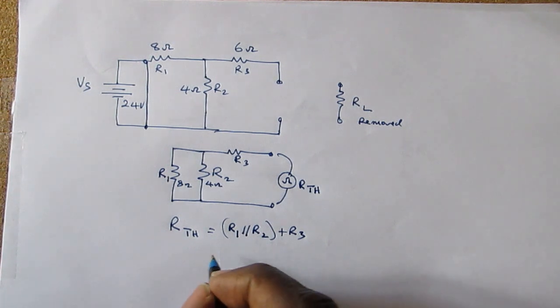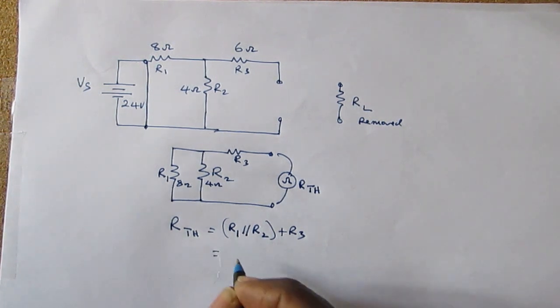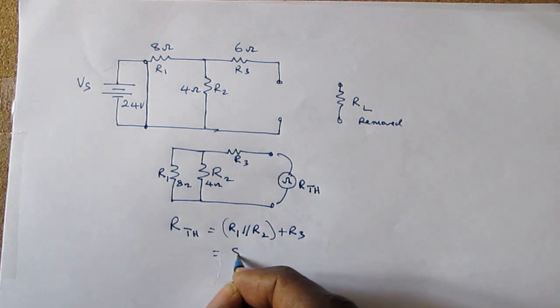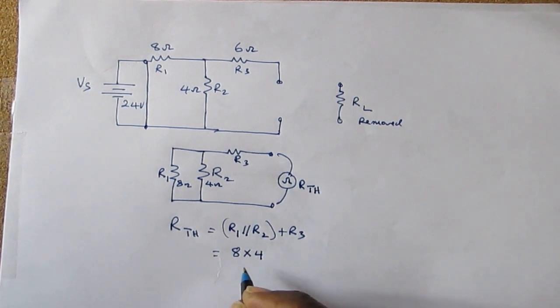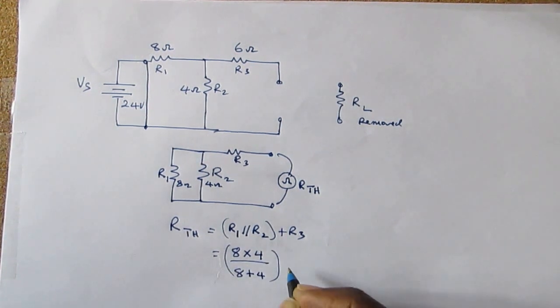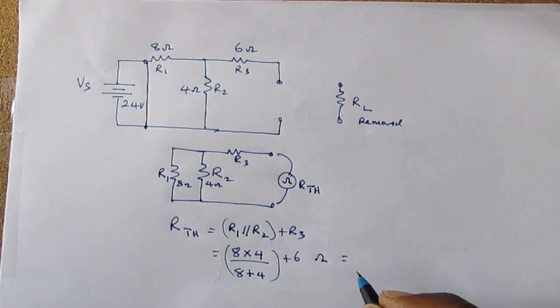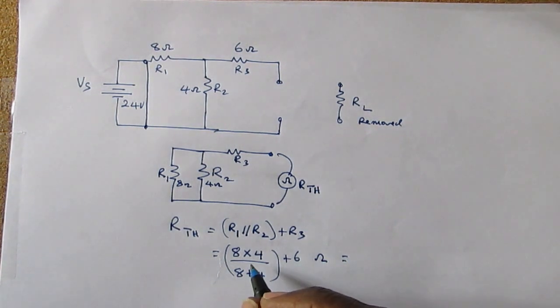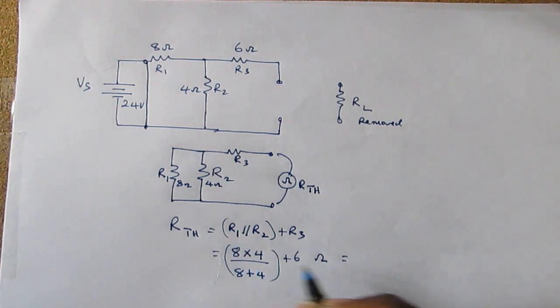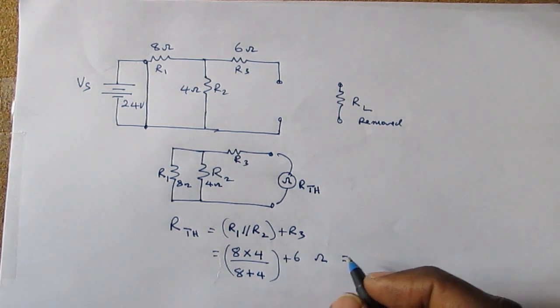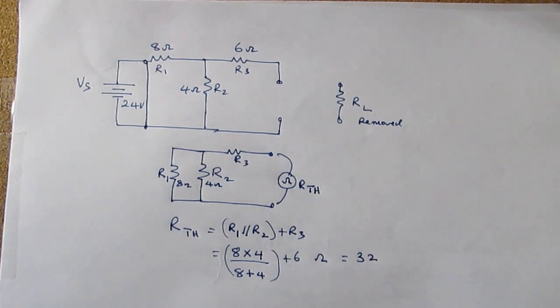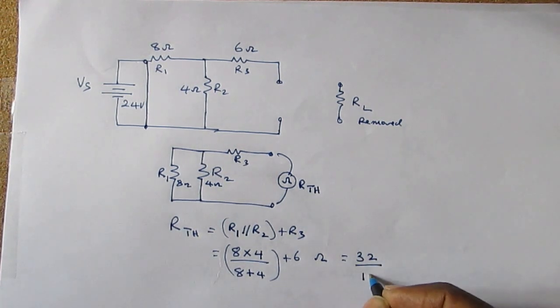This gives R Thevenin is equal to 8 times 4 over 8 plus 4, plus 6 ohms, which equals 8 fours are 32 divided by 12